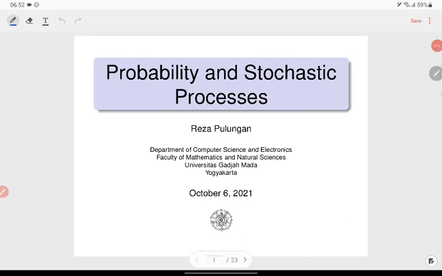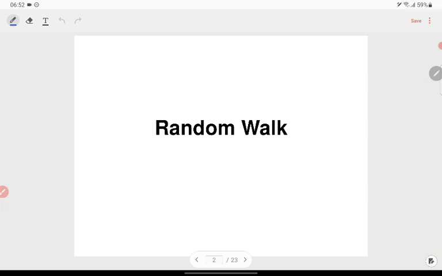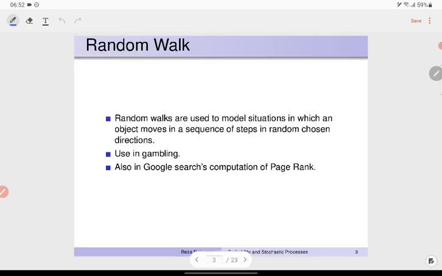This is the seventh topic in the probability and stochastic processes course, in which we are going to talk about random walk. Random walk has a lot of applications in computer science and in stochastic processes. Random walks are usually used to model situations in which an object moves in a sequence of steps in randomly